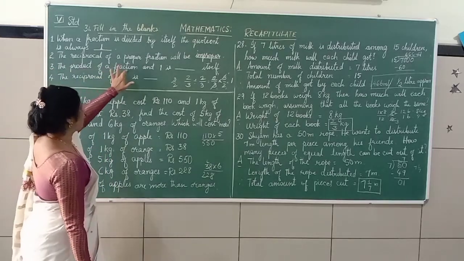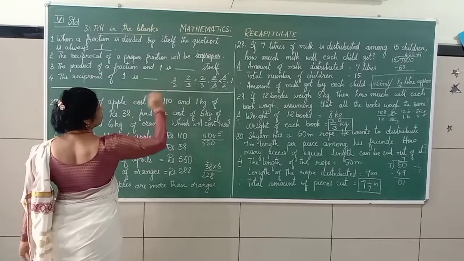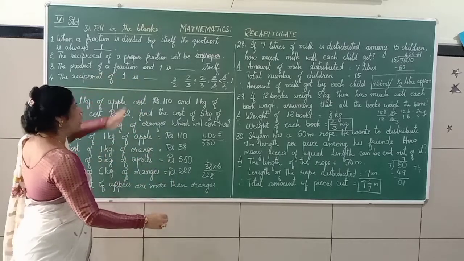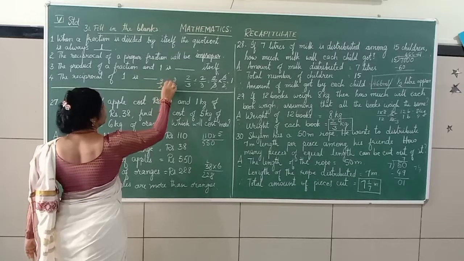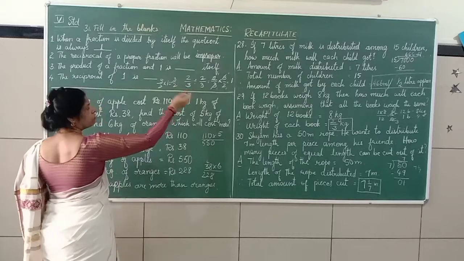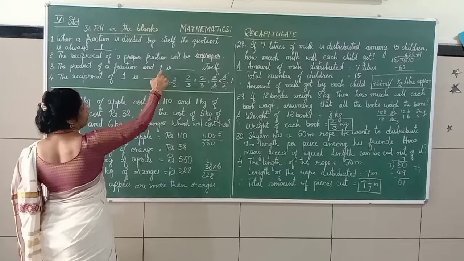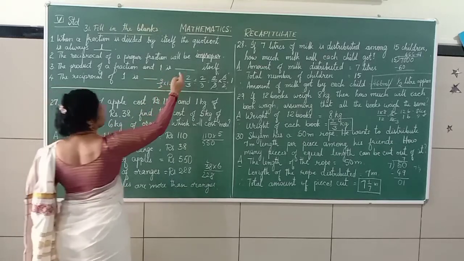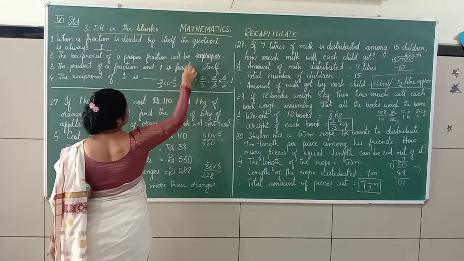Coming to the next one. The product of a fraction and 1 is dash itself. Again I will take the same example here. 3 by 2, and see the product of a fraction and 1. So 3 by 2 into 1 is what? How much? 3 ones are 3, 2 ones are 2. Again the same fraction itself, isn't it? 3 by 2 into 1. Fraction and 1. What is the answer you get? You get the fraction itself.